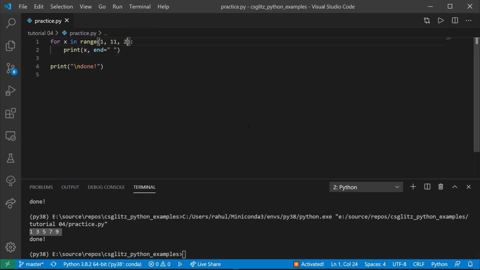We can reverse the loop by using a negative number for step size. It will start from 10 and keep going down by 3 as long as the number is greater than 1. Remember, this will exclude 1 just like the previous examples. To make it go till 1, we need to change it to 0. This way of applying for loop is similar to a for each loop in C++ or Java.